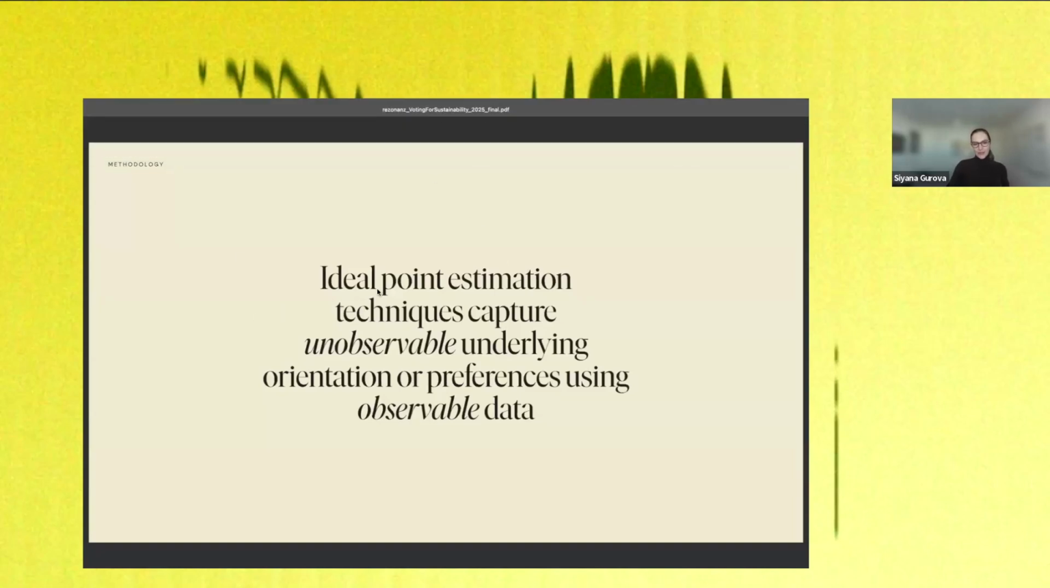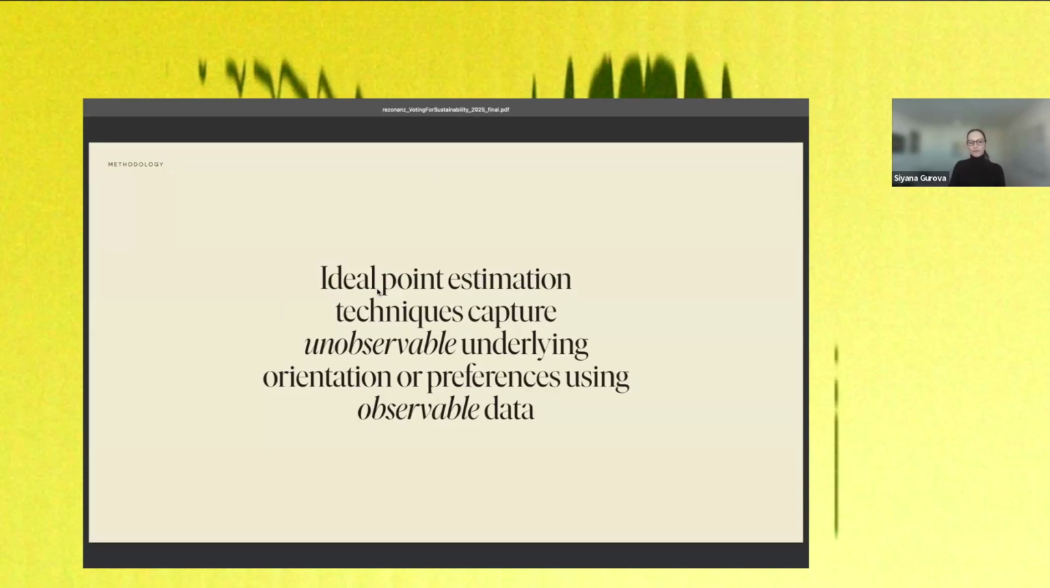My name is Siyana Gurova, and I'll now walk you through the statistical method we use to estimate the final investor scores. We use ideal point estimation techniques to capture the investors' sustainability alignment as expressed through their voting choices. Essentially, we are mapping out where each investor sits on a sustainability spectrum by analyzing how they voted on key